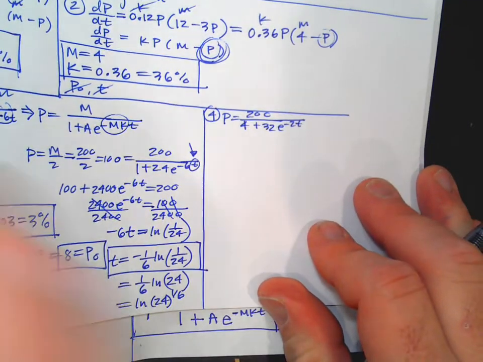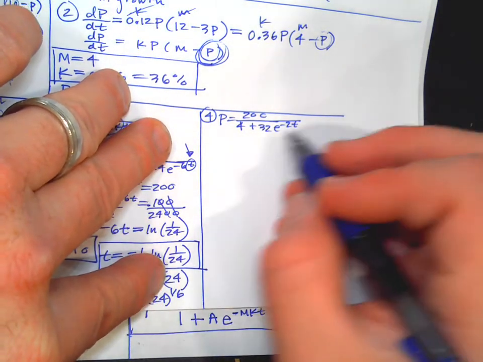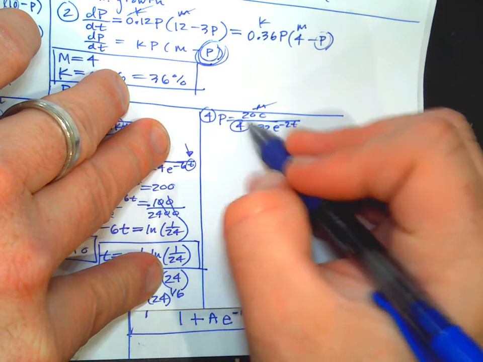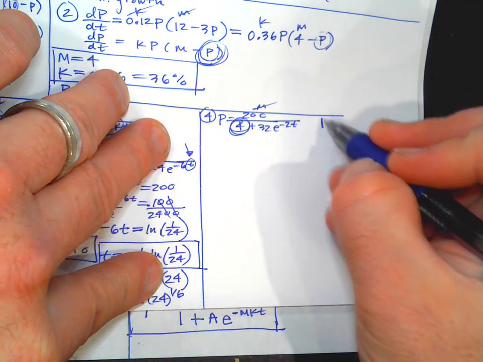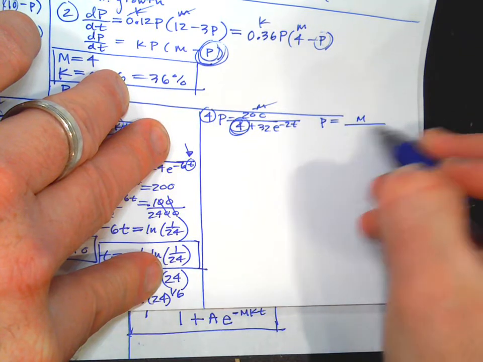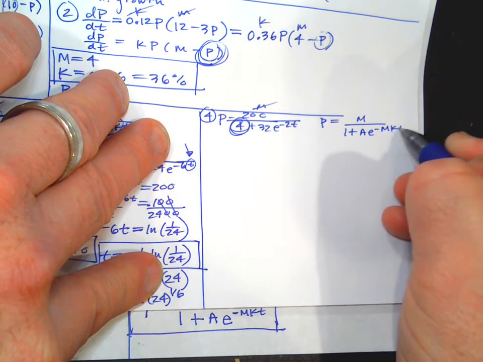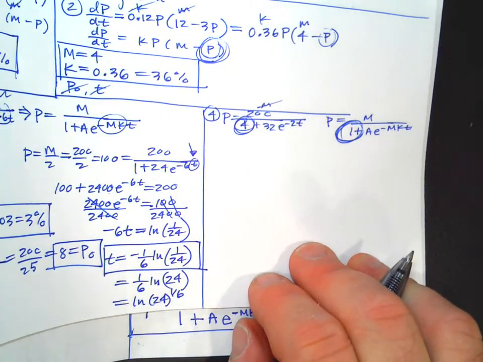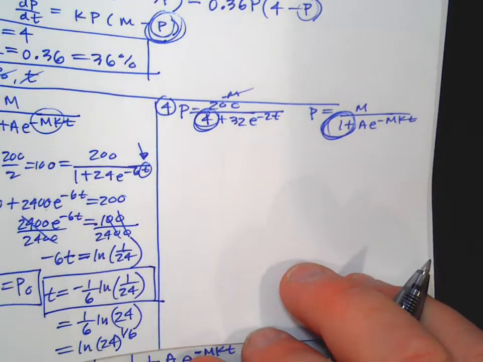So I'm giving you the logistic model. And the thing is you're like, oh, this is M. Nope. Look, this has to be 1. It's supposed to be M over 1 plus A e to the negative MKT. You're going to memorize that. You need a 1. So this is kind of similar to the problem right above it with the differential equation that wasn't quite in the form